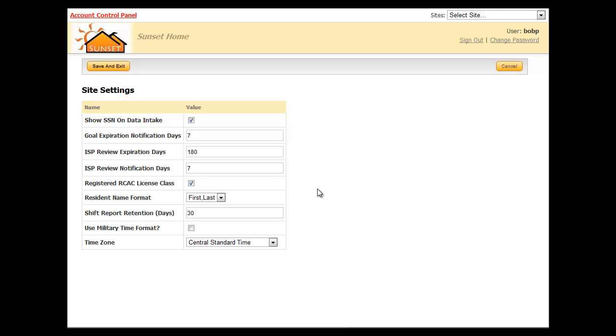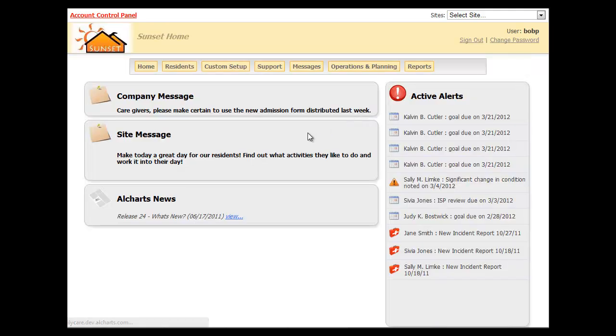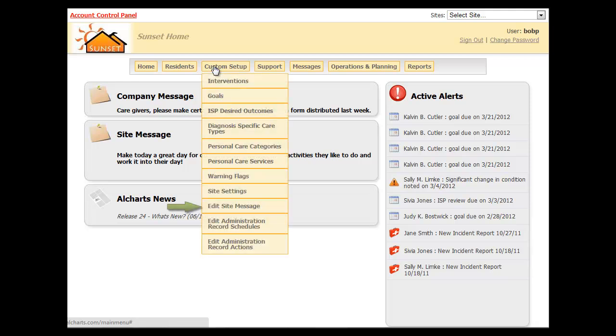The Shift Report Retention Days lets the system know how long you want to keep online shift reports. The military time format and time zone is used on the chart notes and administration records. Make certain that the time zone is correct for your facility. The Edit Site message is where you can customize the message that your staff sees on the home page of